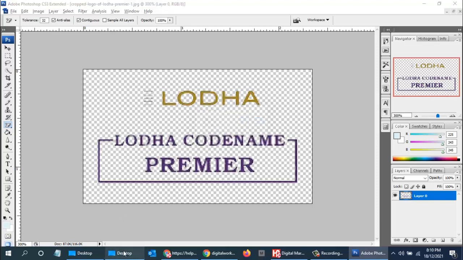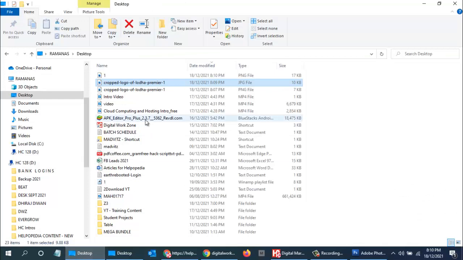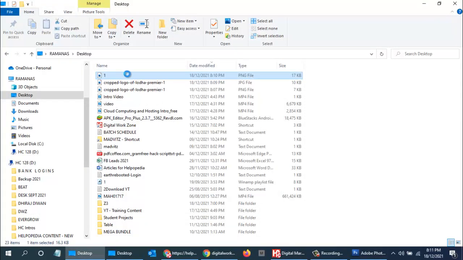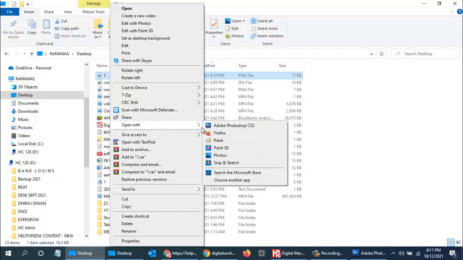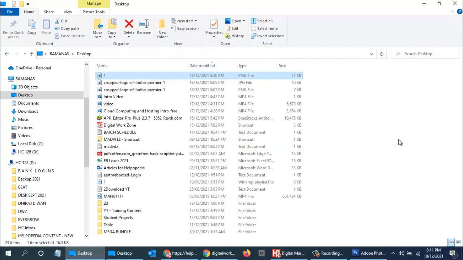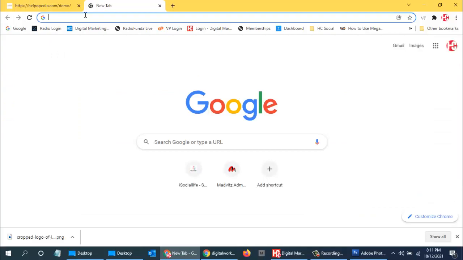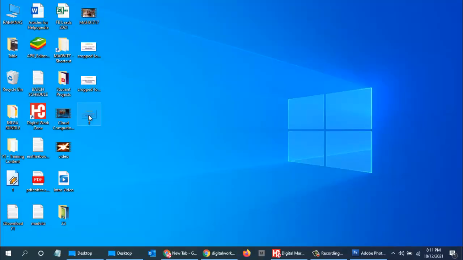Now let us see. Now this is transparent, and if I open this with the Chrome browser, see the difference over here, which is what I wanted to show.